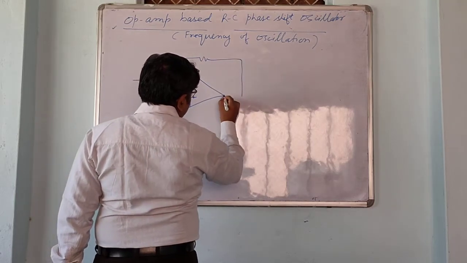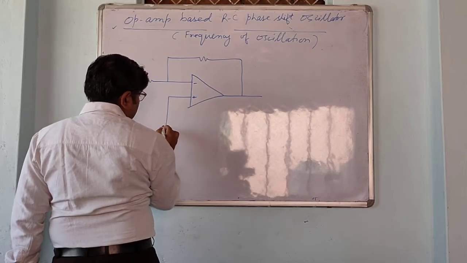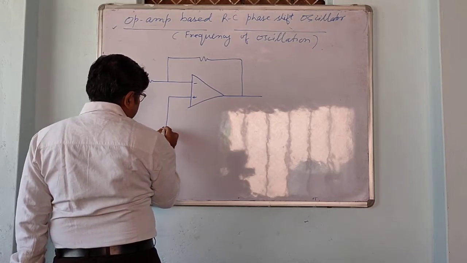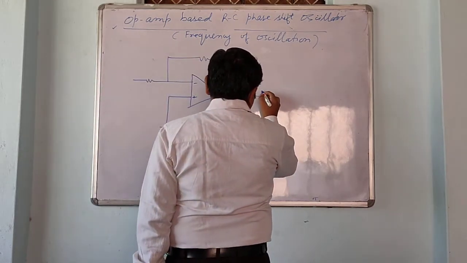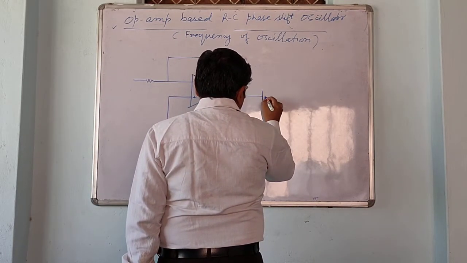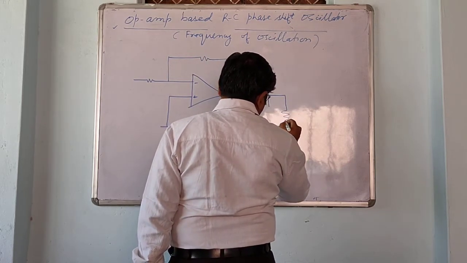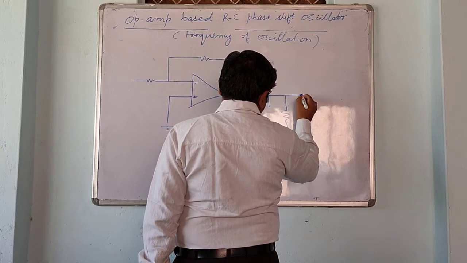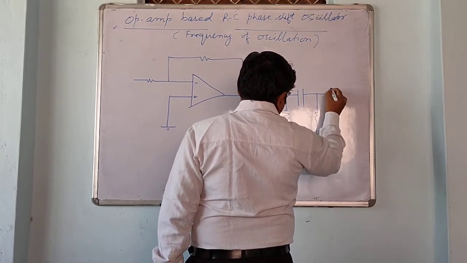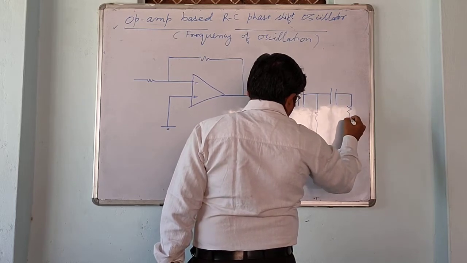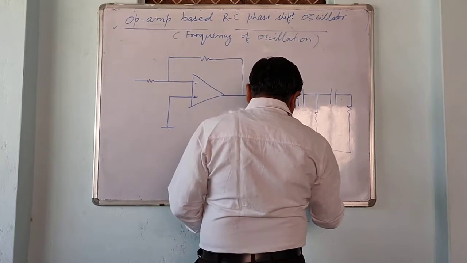So this is the operational amplifier. Obviously non-inverting terminal is grounded, and at the feedback we are using combination of RC network. So this is the RC phase shift,